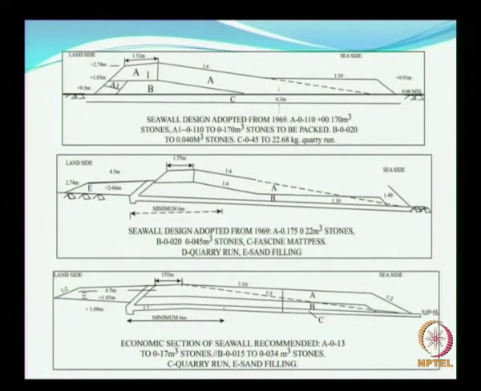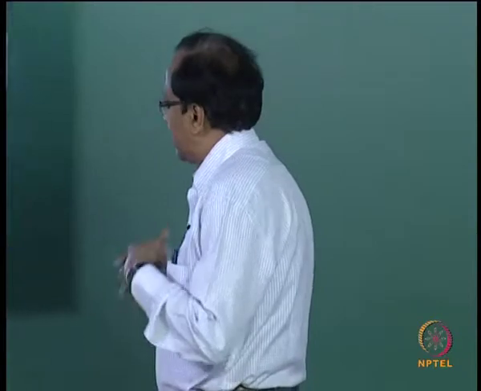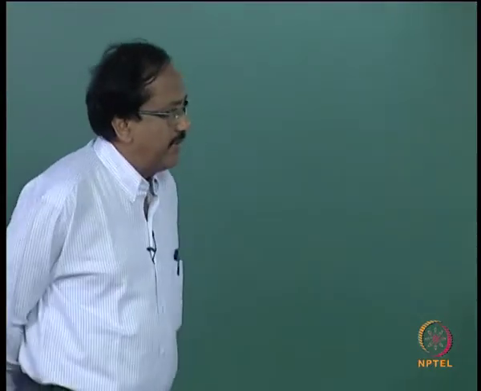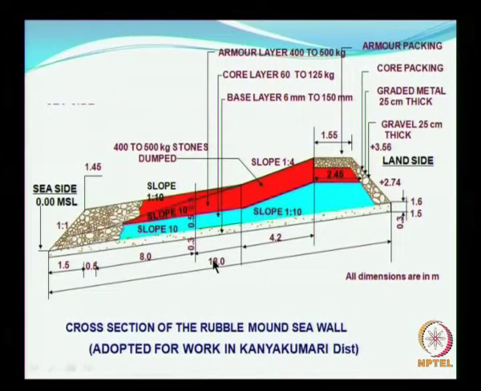Now we will also see how we have rehabilitated some of these seawalls, how the seawalls have been made to a much better perfection, and how they have served. This kind of exercise took place after the recent 2004 tsunami. This was again one of the typical kinds of seawall used for the Tamil Nadu coast, along Cape Comorin, the tip of the Indian peninsula, similar to what we had seen earlier for the Kerala coast.